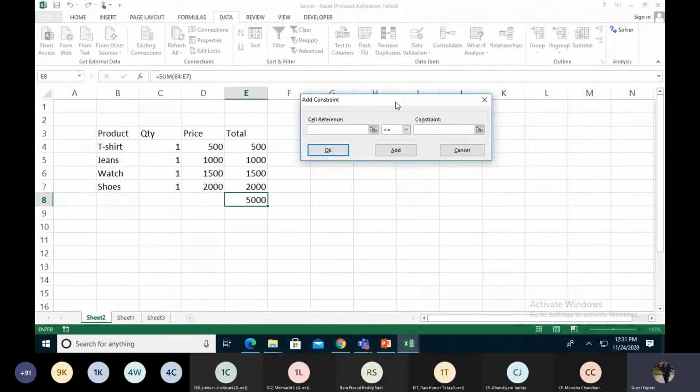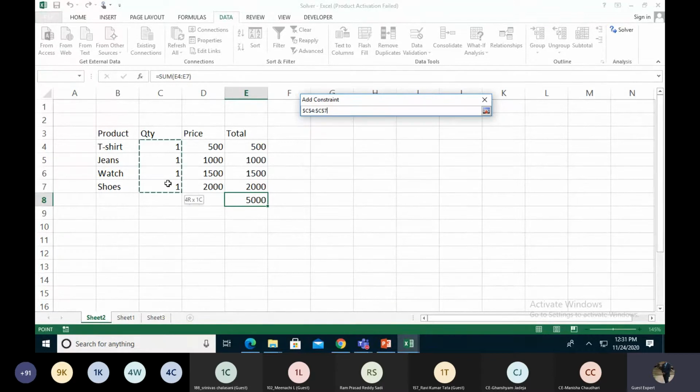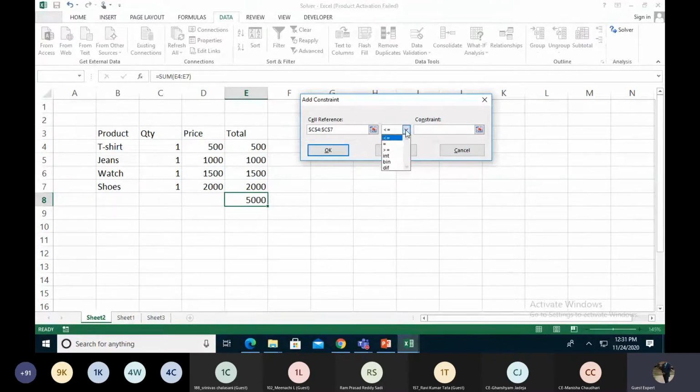There is a constraint. My first constraint is, I select all the quantities and make them an integer, because it does the statistical analysis. Sometimes it also puts 1.5, 1.6 and 1.7, which is not preferable for me. So I'm taking only round figures.